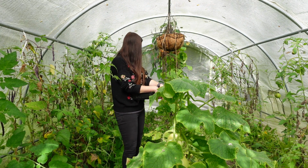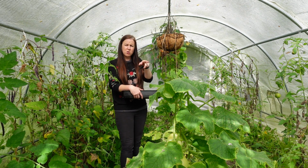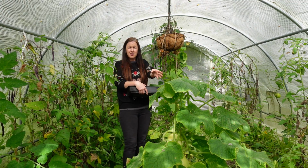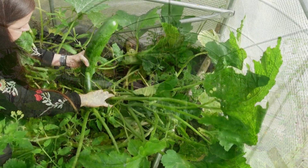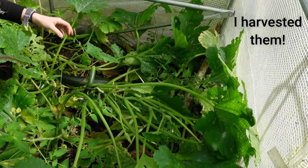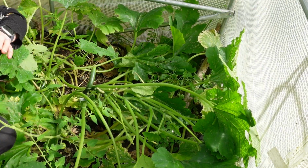I think in the last video actually I showed you my courgettes in the corner that just were leggy as anything, but since then I've got some massive courgettes on there that I've not harvested, so they're marrows now. But things have been so busy and I just wanted to pop on today just to say